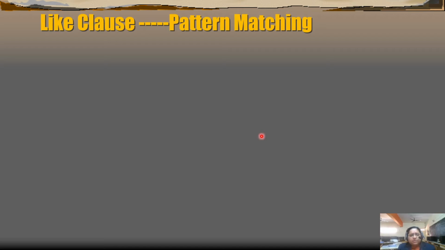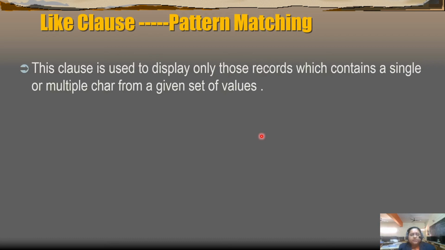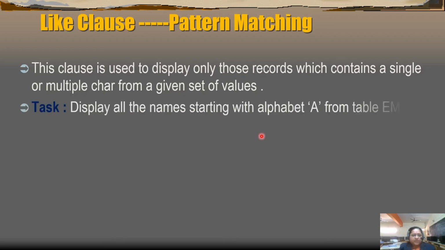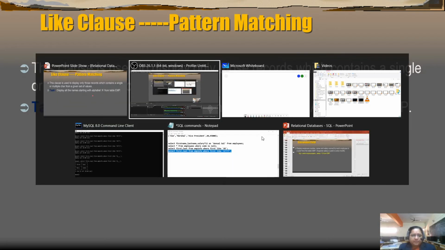We are going to use pattern matching here. This clause is used to display only those records which contain a single or multiple character from a given set of values. Like display all the names starting with capital A from the table EMP.